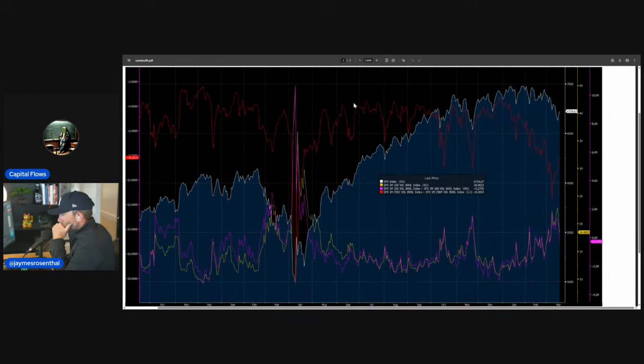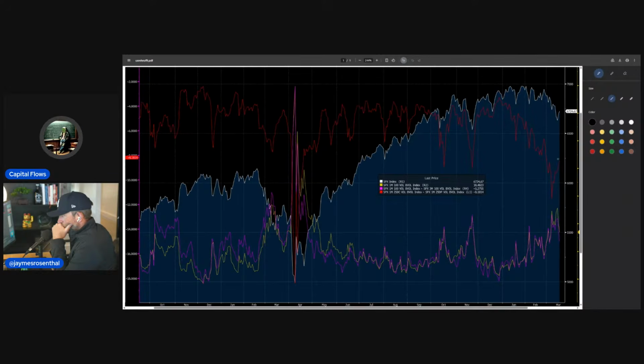Here is the S&P 500, and you have your put skew right here in red, which is people bidding up puts. You have implied vol rising on an outright basis, and then puts getting a higher premium than calls. Now, we made that bottom when we blew out, and now we've been moving up as these hedges unwind. And as we're moving into FOMC, we're going to see if those hedges can unwind even more.